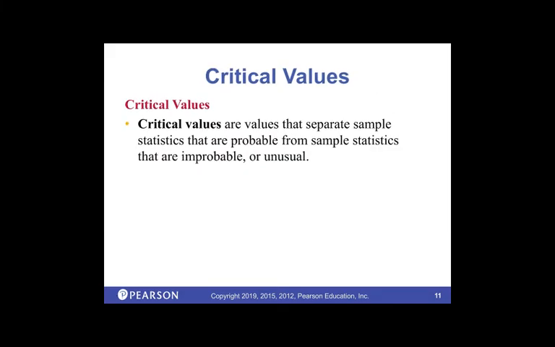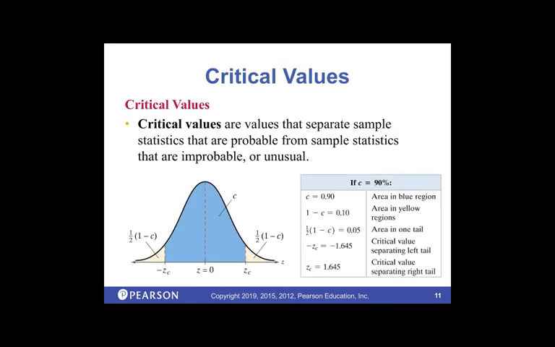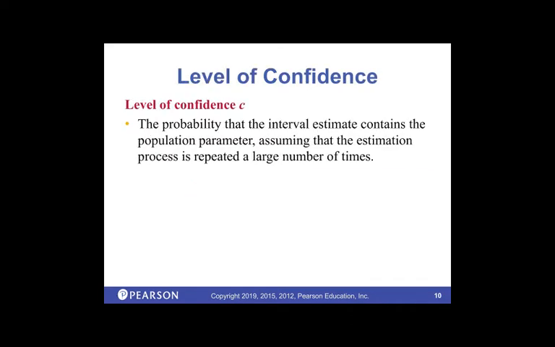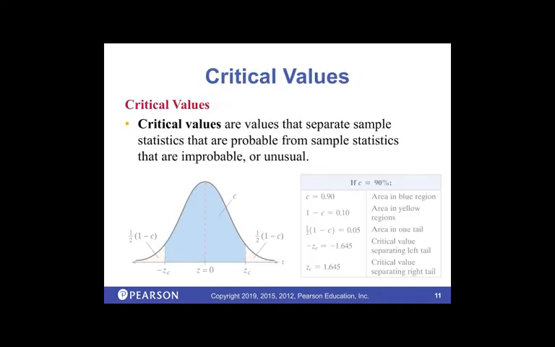Okay. So for instance, say we have the normal curve, and we want a confidence interval of 90%. Let me see, I think it's C, right? Yeah, a level of confidence. We have a 90% confidence interval. That's going to be the area in blue we see here. If the blue is 90%, then the two yellow halves together make up 10%, so each of the yellow halves makes up 5%. So we have 5% on the left, 5% on the right.